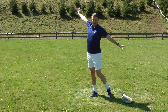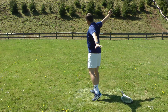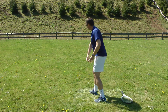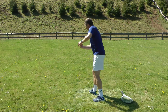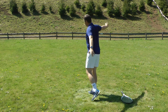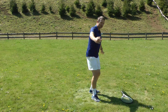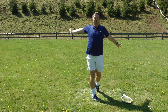So when I do this, I extend, and now I want to squeeze my shoulder blades together. Firm, strong back. Yeah, and squeeze firm. Feel the back. Note that when I do that, I still go with my hip forward, but I don't follow